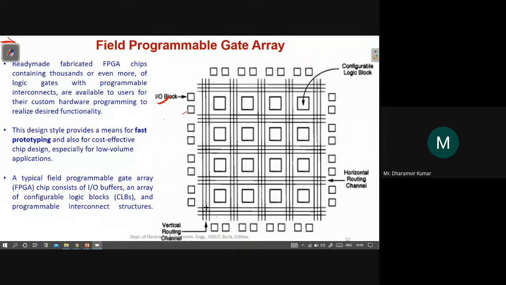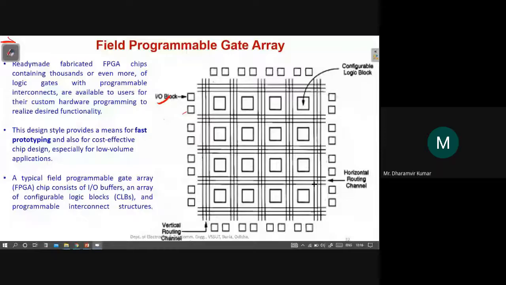And these lines are the routing channels. Routing means they are used for interconnections, or in the general sense, you can also say that these are the wires. Horizontal wires and vertical routing channels and horizontal routing channels.